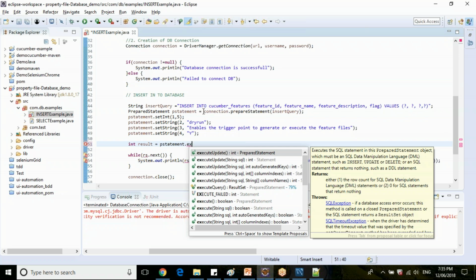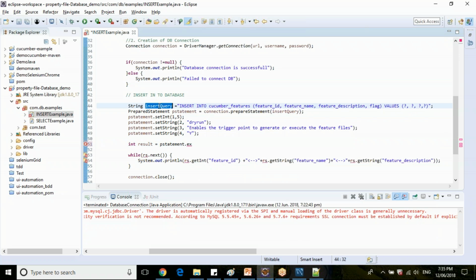While you are inserting the data, since you have already passed this query into the prepared statement instance, now what you need to do is just perform the execute update operation. This will automatically fire this one.